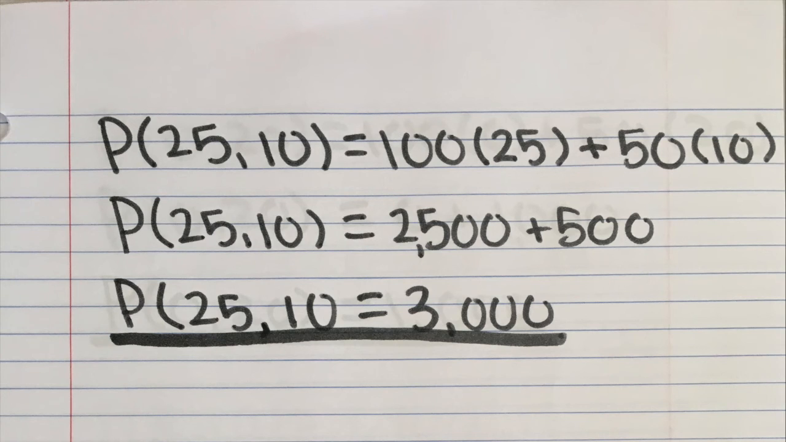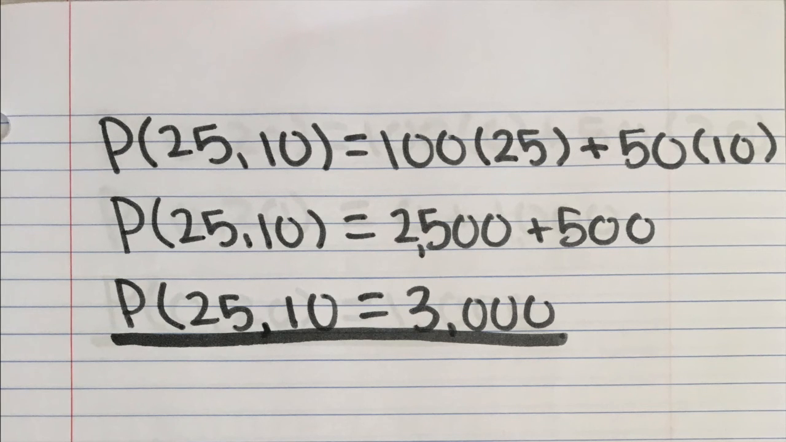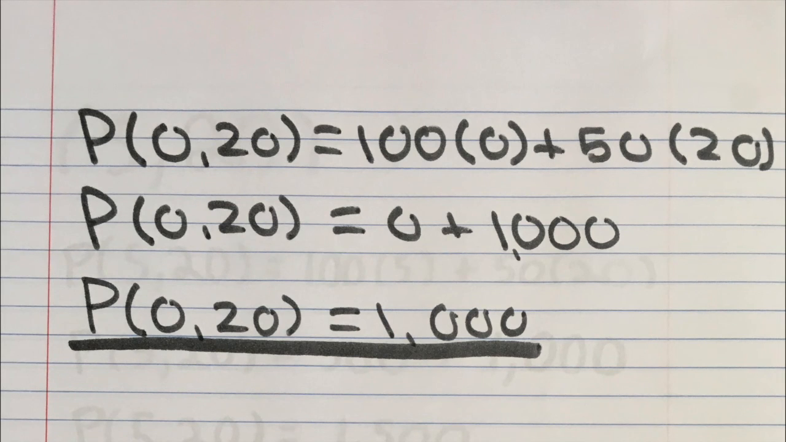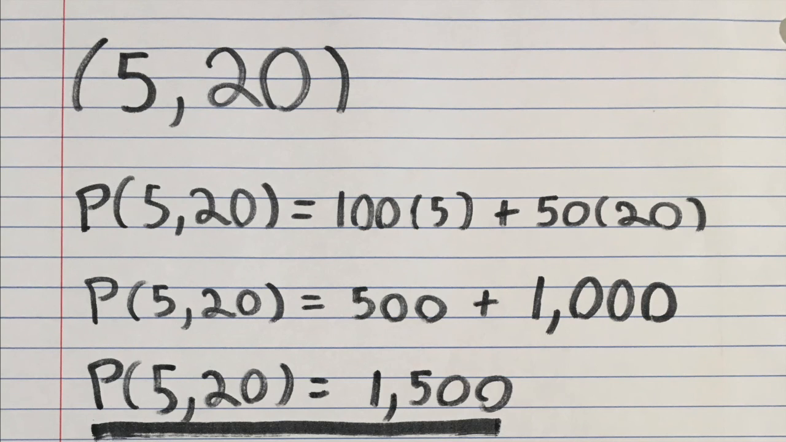Then we plug in our point (25, 10) to get P(25, 10) equals 100 times 25 plus 50 times 10. We end up getting P(25, 10) equals $3,000. Next, we plug in the point (0, 20). Our equation is P(0, 20) equals 100 times 0 plus 50 times 20, which gets us $1,000. Now we plug in the point (5, 20) to get P(5, 20) equals 100 times 5 plus 50 times 20,